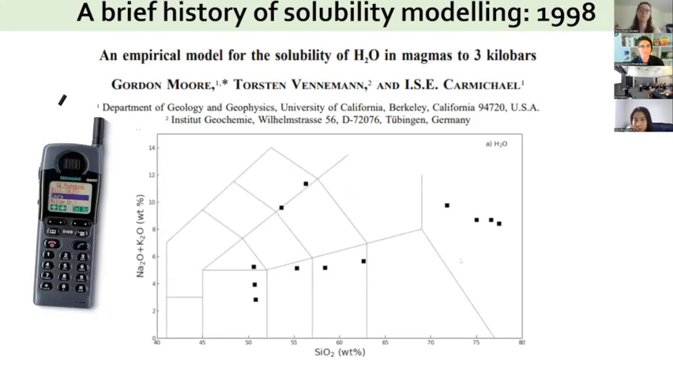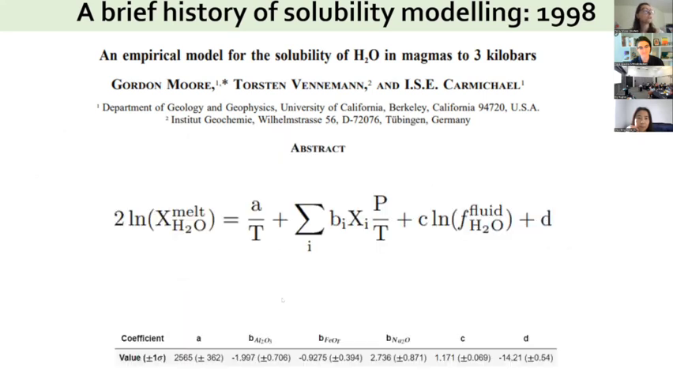In 1998, Gordon Moore released a water model that covers a much larger range of silica content than VolatileCalc. This model has a relatively simple formulation. So it's empirical. You basically have dissolved water on the left-hand side, some pressure, temperature terms, a term for the fugacity of water. And this means, although this model doesn't have CO2 solubility, this allows you to combine it with different CO2 models. So in VESIcal, you could take the Dixon 1997 CO2 model and use it with Moore if